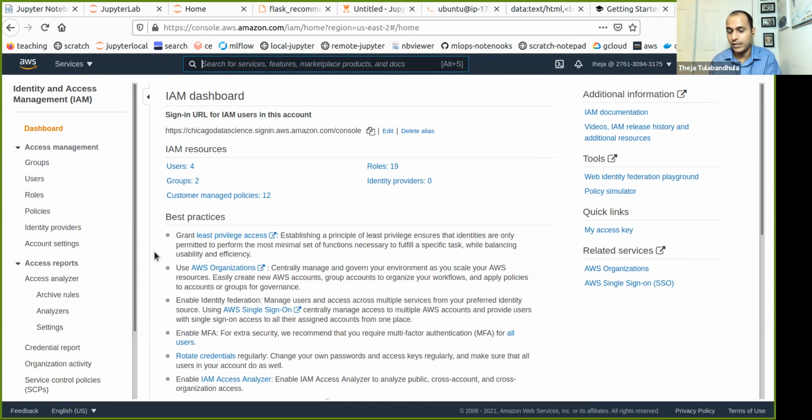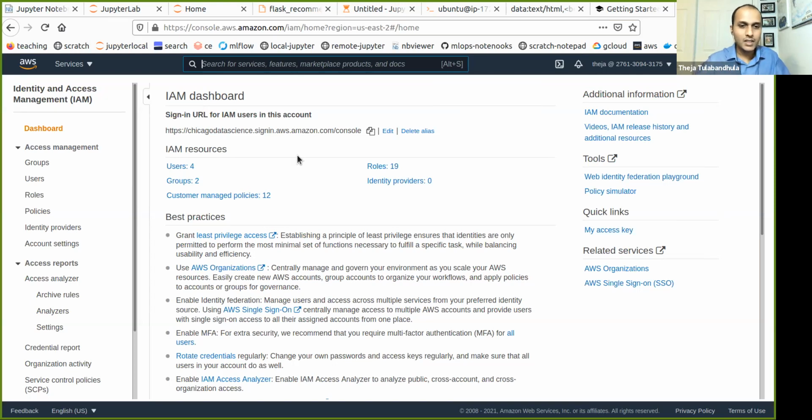For example, if I want Docker to just have access to ECR so that it can push the local image, then I want to use a programmatic user. I'm going to create a user with some sort of user and password that Docker can use to push to ECR.